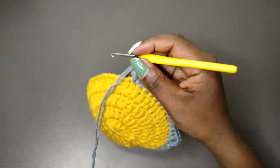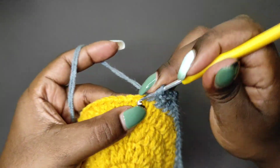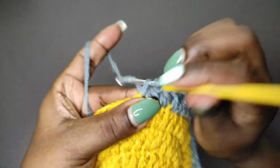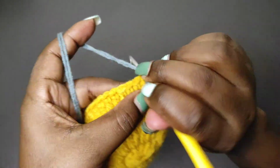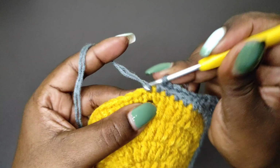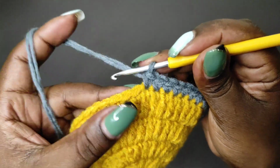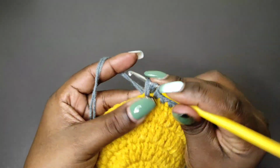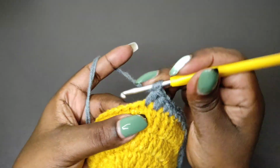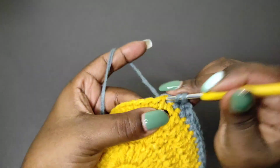Then the stitch that follows the corner is a half double crochet, and a second one into the next stitch. Then again we repeat 8 single crochets, 1 into each of the next 8 stitches. The next 2 stitches each get 1 half double crochet. Then we create our third corner, so double crochet, chain 2, another double crochet,